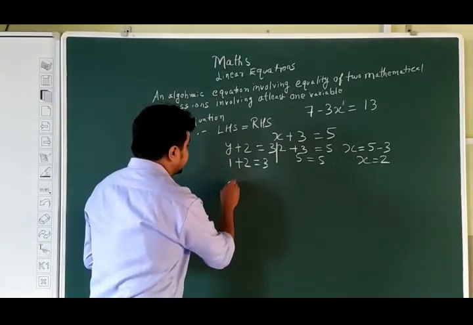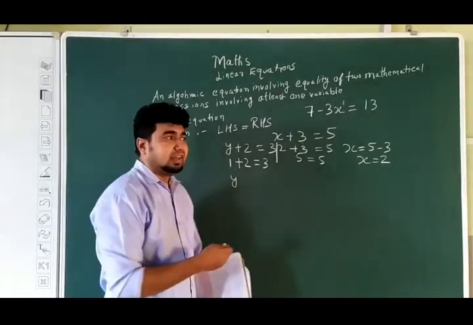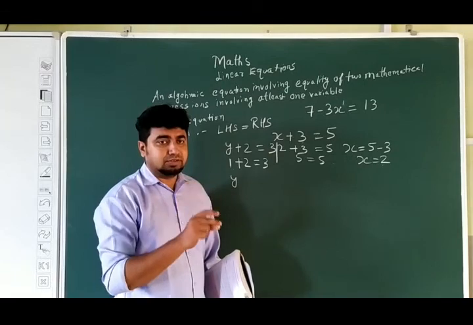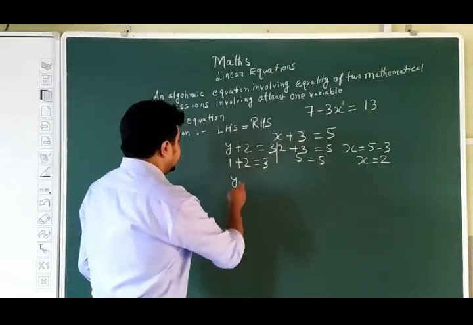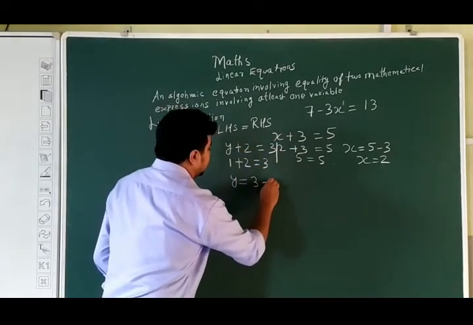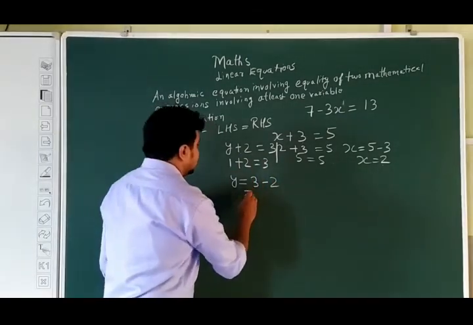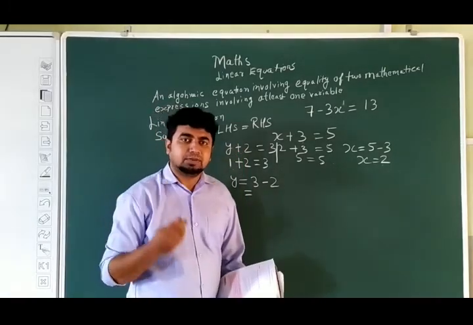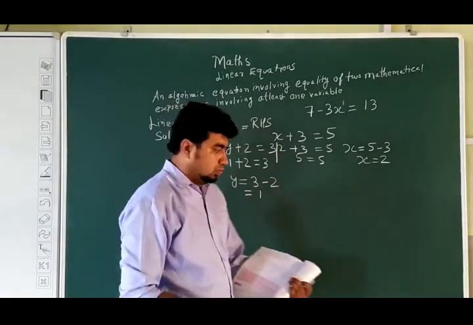I can write it another way also if I have to solve. I am not solving by the hit and try method. This is the hit and try method, where I take one value, continuously putting or substituting some value. But if I think about how it is working, plus 2 is there. If I take it to the right side, it will become minus 2. The terms associated with the variable, you have to keep the variable always separately. So from here we get y is equal to 1.